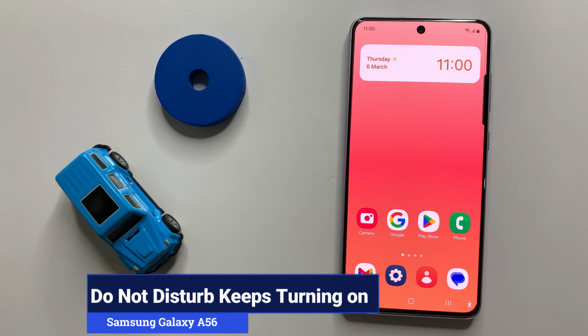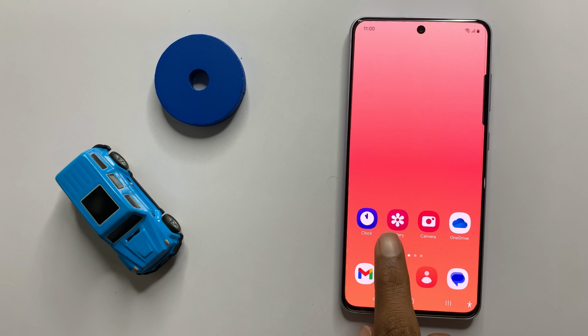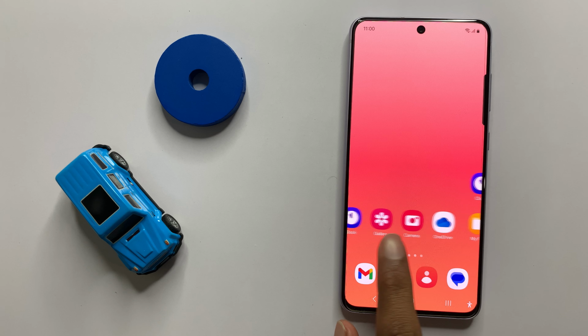How to fix Samsung Galaxy A36 Do Not Disturb keeps turning on. So let's start the video. First of all,